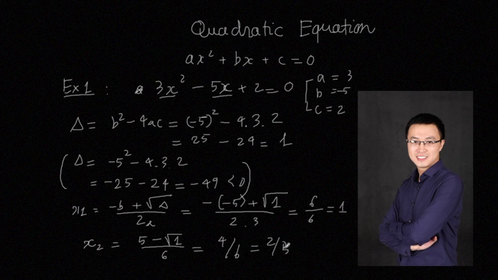Okay, in the first example, you have two solutions, x1 is 1 and x2 is 2 over 3. And let's focus on the number b. You have the negative number here, so when you take the square of b, also take the minus sign into the brackets before you take the square. Okay, the second one,